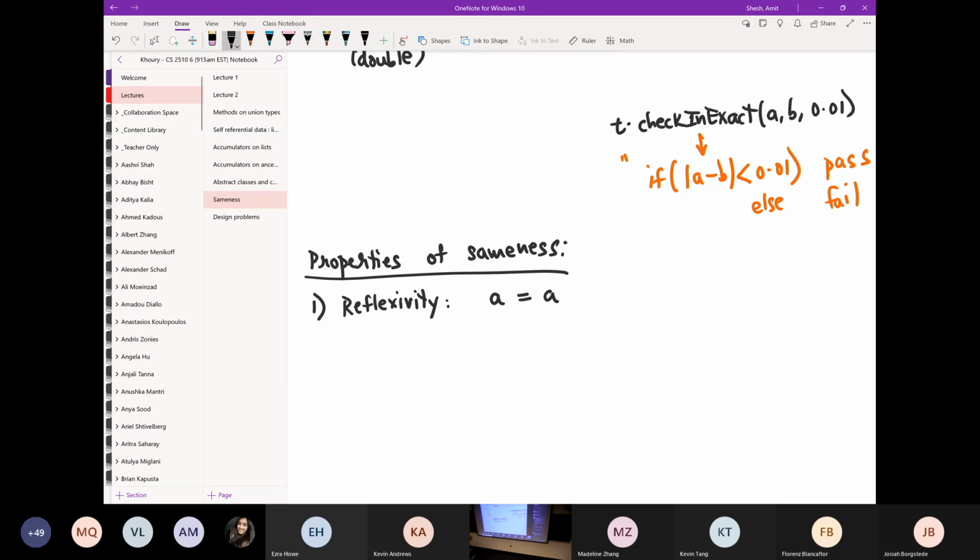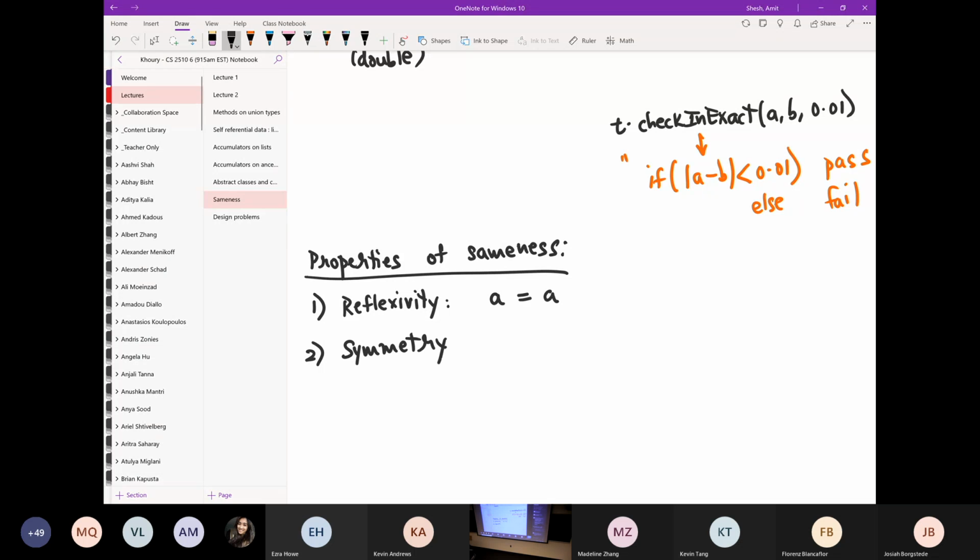So trivial as it may seem, it's important to keep these properties in mind, because since we are now going to define sameness, we have to ensure that our definition is sound and that it obeys these properties. We are the ones writing a method that is going to give us sameness. We have to make sure that method obeys these properties. So the first one is reflexivity. The second one